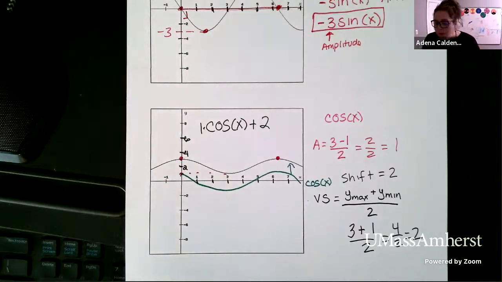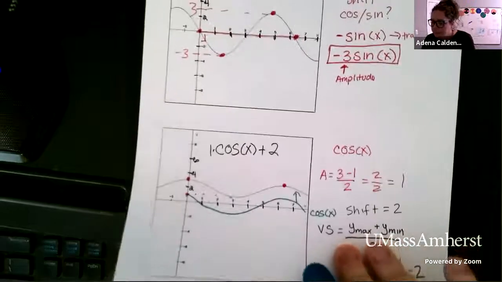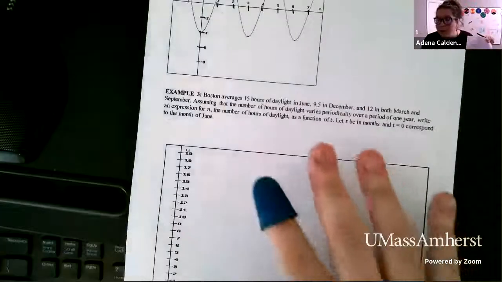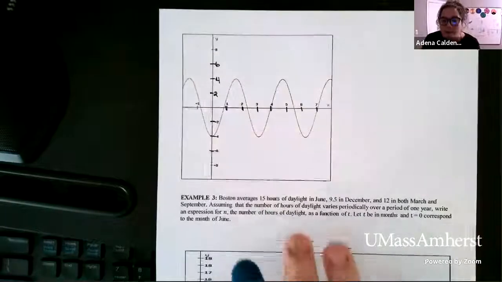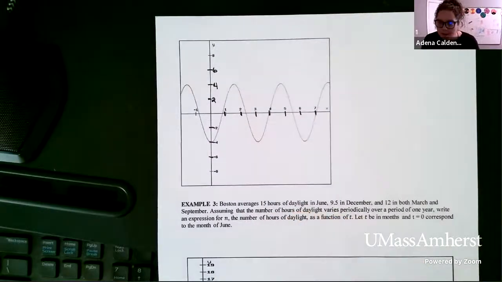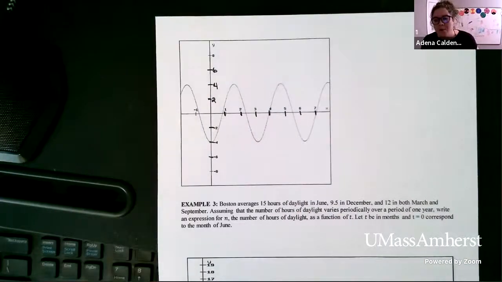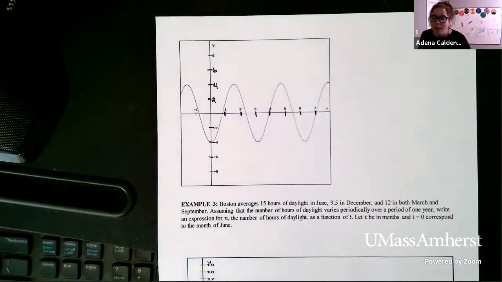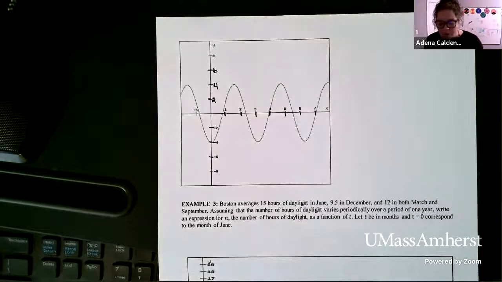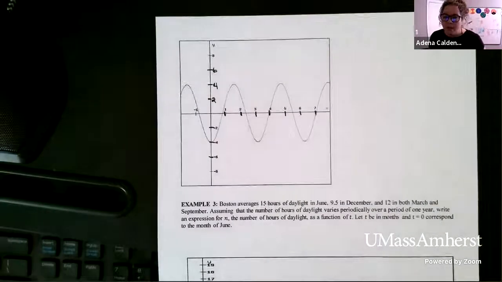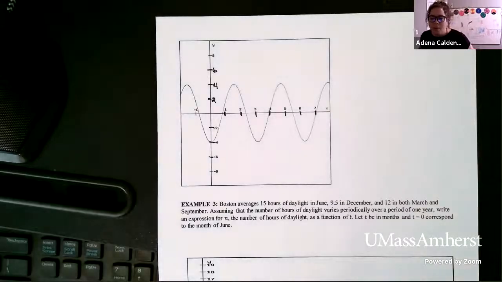Okay, we're going to try one more of these to make sure we got this down. This is the majority of the type of things we'll be doing with this, is a lot of interpreting and determining the general form. So we want to make sure we understand it really well. This one's a little bit harder. Okay, so I'm going to give you about 3 minutes and then we'll go over it, but feel free to check with someone next to you. And of course, feel free to check on your calculator that your function gives you this same picture. Okay, so give it a try and then we'll go through it together.